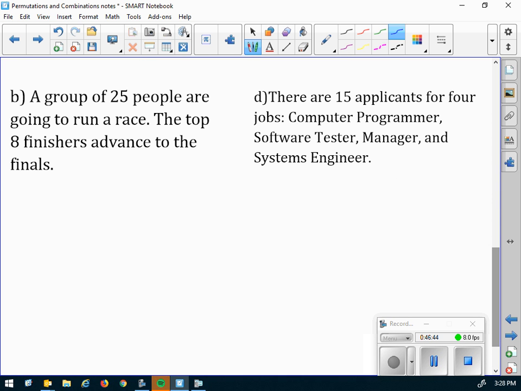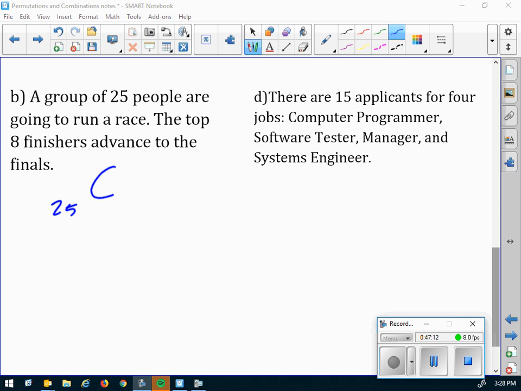Now be careful reading this one. A group of 25 people are going to run a race. The top 8 finishers advance to the finals. Does it matter if you finish first or if you finish 8th in terms of are you advancing to the finals? Doesn't matter, does it? It's a combination, because if you finish first or if you finish 8th, you're still going to the finals. Combination of